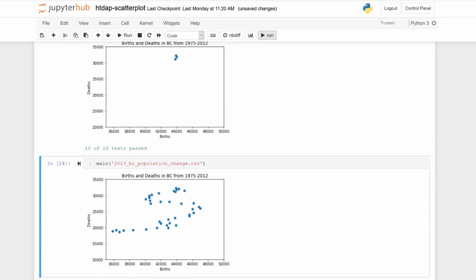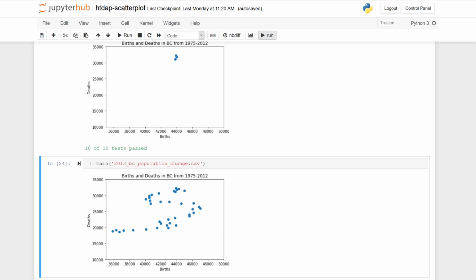If I scroll down to my bottom, there I can see my graph now looks a little bit different because I've changed the axes. And it's going exactly from 10 to 35,000 on the y-axis and from 35,000 to 50,000 on the x-axis. If you set your axes values, think carefully about what most honestly and clearly communicates the data that you're visualizing.